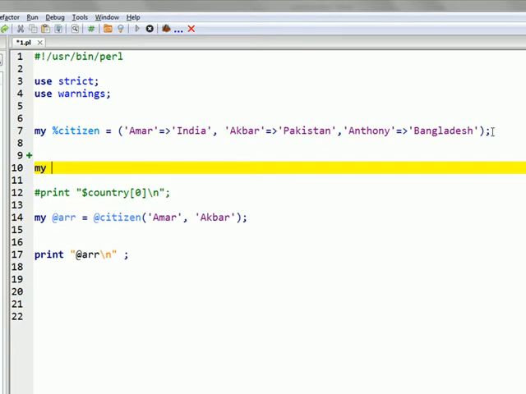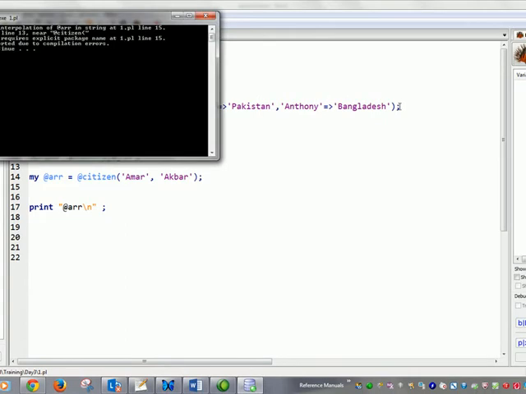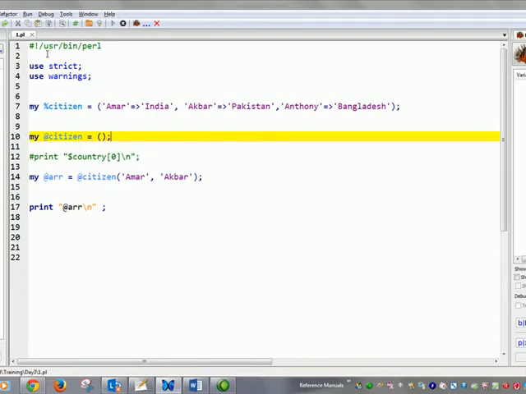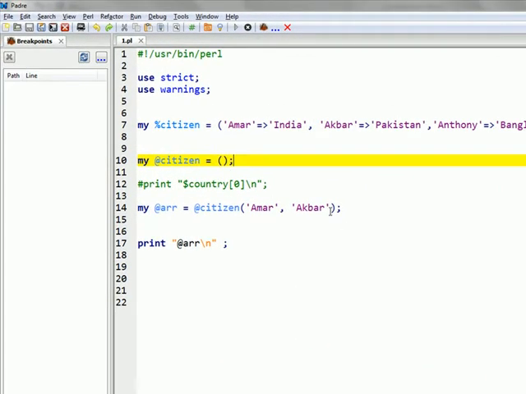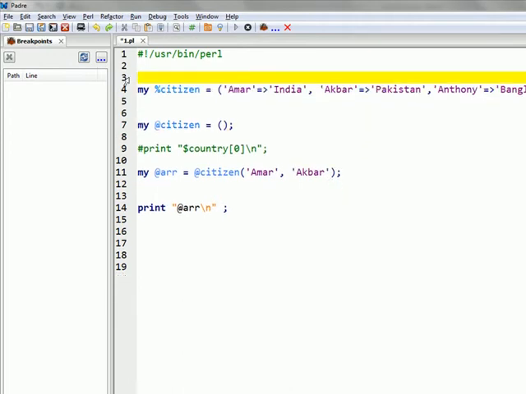You have to declare my @citizen is equal to Amar, Akbar, or let's omit this strict.